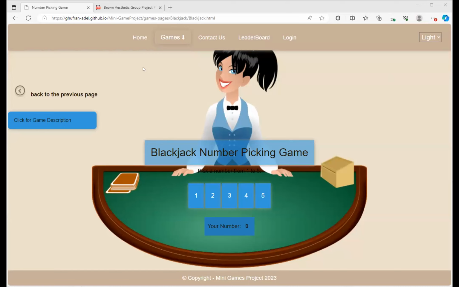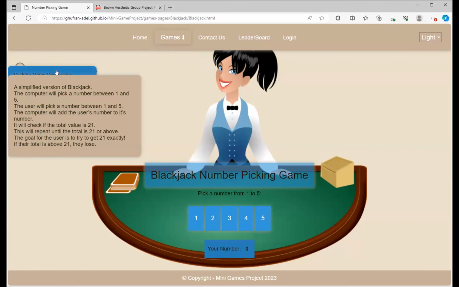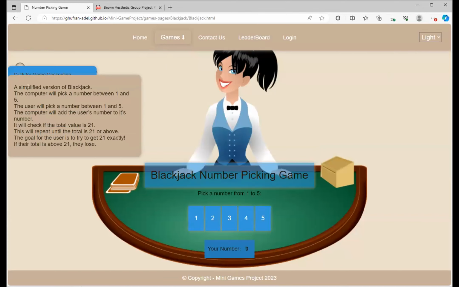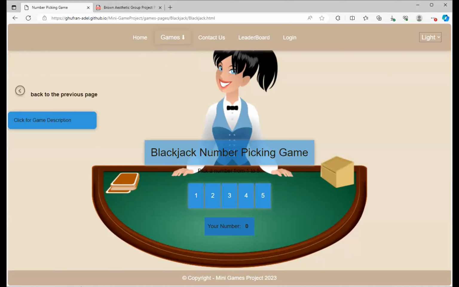But to play the game, I really liked Gufran's idea of hiding the description and not hiding it, although it doesn't look so great when you do that, but it tells you how to play the game. Pick a number between 1 and 5. Originally, I had a drop-down list for 1, 2, 3, 4, 5, and I didn't like the way it looked. But similar to what someone else presented, having both at the same time did not seem to work. So I chose just this one.